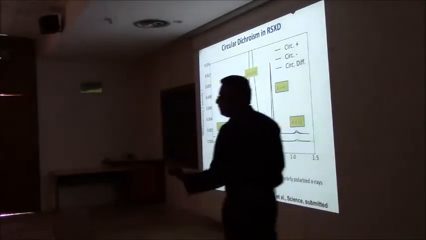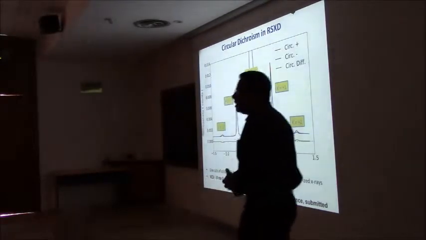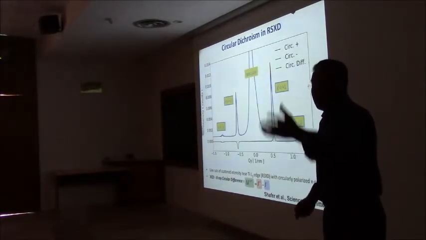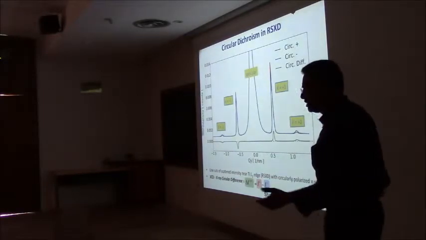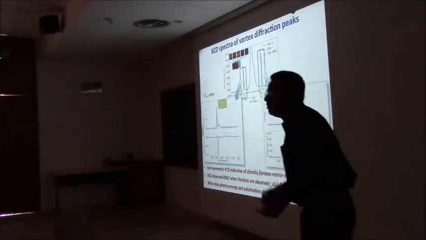So we have a sample that behaves like a ferromagnet. There is no ferromagnetic species here. So we've got lead, titanium, oxygen, but none of them are ferromagnetic. So the origin of the circular dichroism is coming from something that has behavior like a liquid crystal, or more generally something that is handed crystal. Okay, then you can go a little bit more into the details.